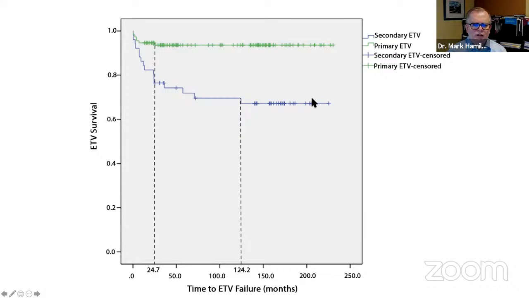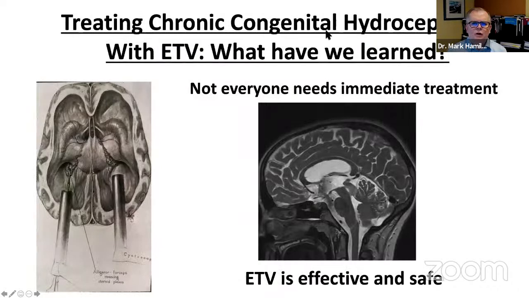We have additional information that I don't have time to share, but in our network, we've looked at the neuropsychology and gait outcomes in people having a primary ETV, and it can produce significant measurable effects on both cognition and gait. What have we learned about this unrecognized congenital hydrocephalus population? There's a couple of things that we can't get into, but basically not everybody needs immediate treatment when you see them. So we need to do a lot more work on how to determine who's the best candidate for treatment. But if you're going to treat,